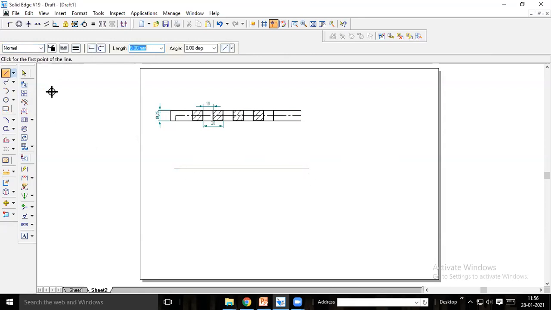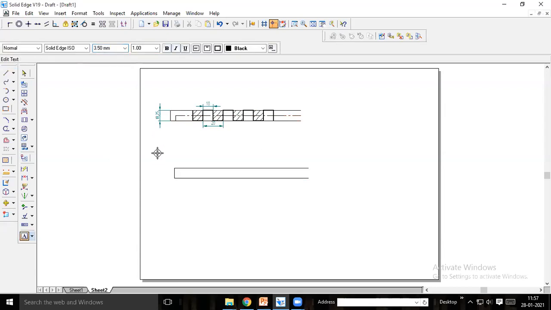Just draw a horizontal line. So the H value in an external thread is 0.5 times P, that is only 10 at 90. Then just draw this. There is no chamfer or clearance for this. So for the center line, because it is 10.25, from the middle you cannot take the center line. It has to be 0.25 times the P value for the center line. So this formula you can write here.